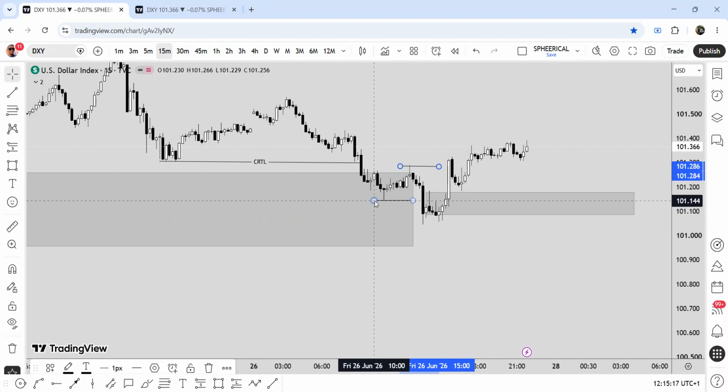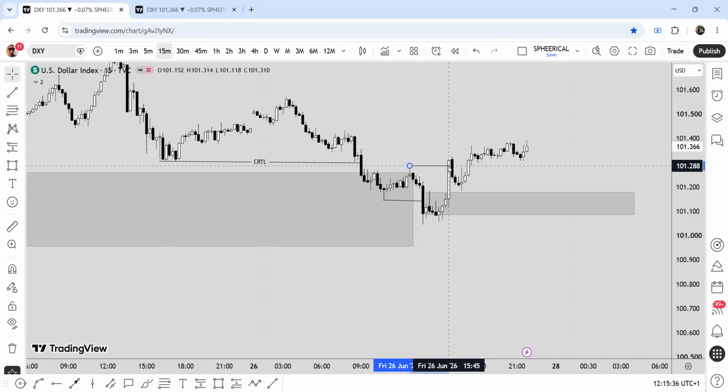So this is our low. It is very, very obvious. This is our low. Why? This is our change of character we marked in 1 hour. This is it. This is our change of character. So we're going to label it change of character,